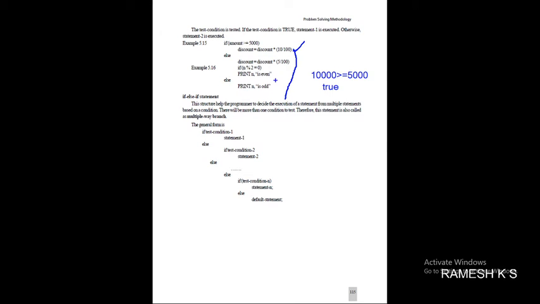That is the importance of if else. Suppose I am not taking 10,000, I am taking a smaller amount. This statement will not execute. It will move to the else block and execute that one. That means for those who purchase less than 5000, the discount will be 5%. This is 10%, this is 5%. The 5% will be applicable.